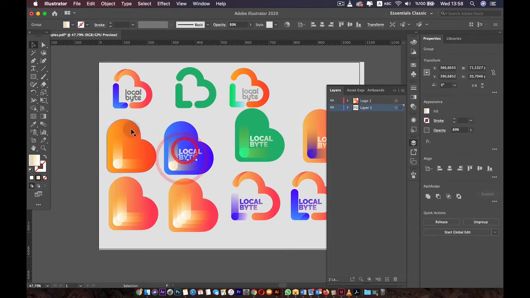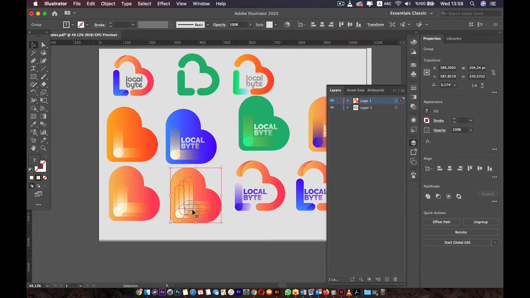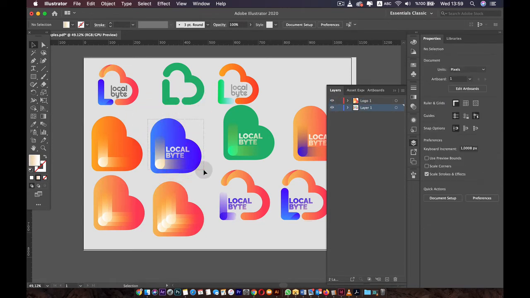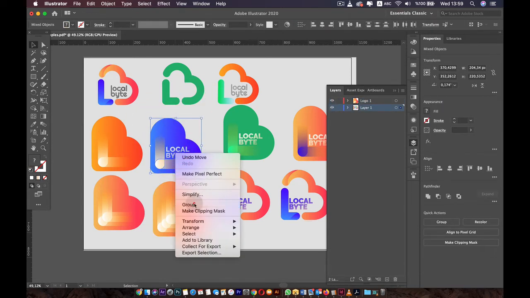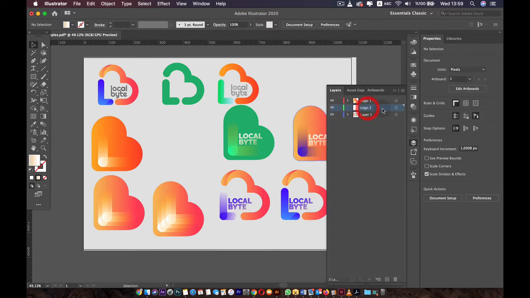And we can do this for everything else that we have. This is a very useful technique to organize your layers, especially when you're working with characters and you create characters for animation and you want each body part to be in its own layer. You can do it like this. For now, I just grouped this logo. I'm going to create a new layer, name it logo 2. And then I will cut this one, Command X or Control X. And then Command F to paste it on the front,